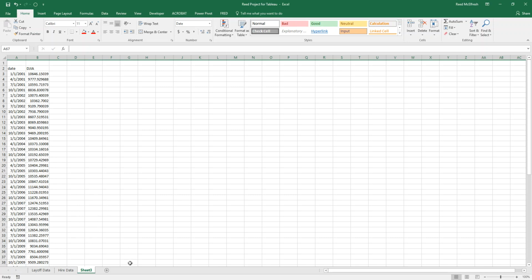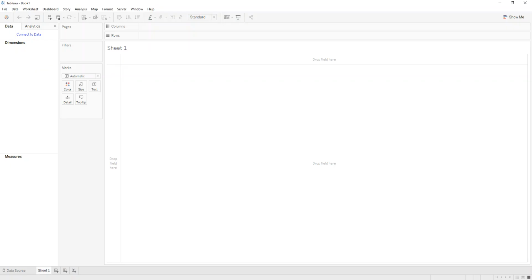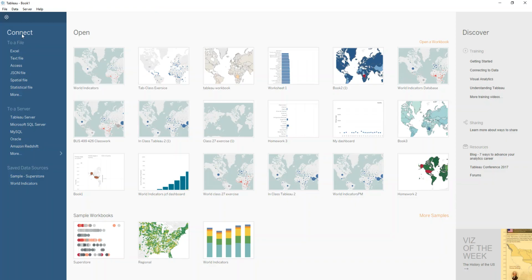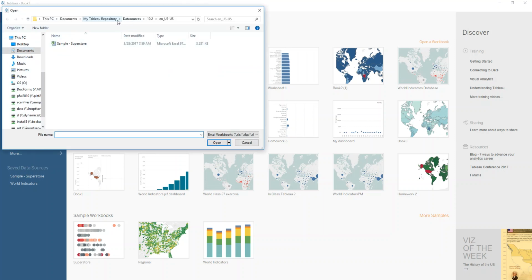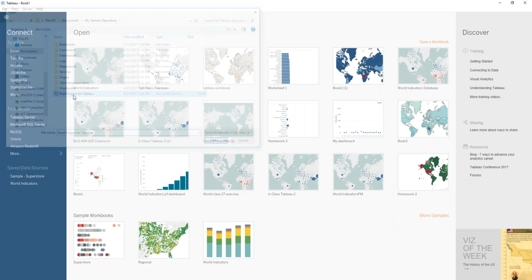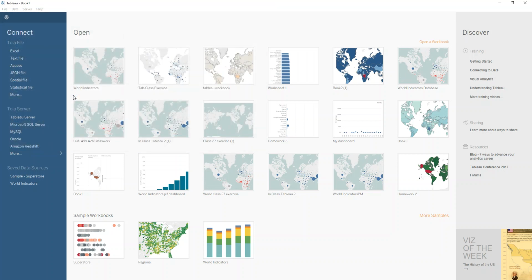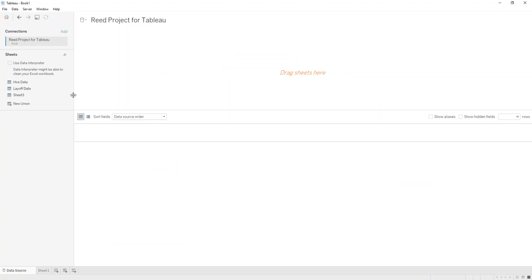for the remainder of my project in Tableau. So now if we jump over to Tableau, the first thing we're going to do is want to make sure we're at the start screen, and we want to go over here to connect. We're going to connect to an Excel file. Now, I've saved this file in my documents, so I can double click and Tableau is going to begin processing it. So up here you can see that right now we're connected to Read Project for Tableau, and that's fine